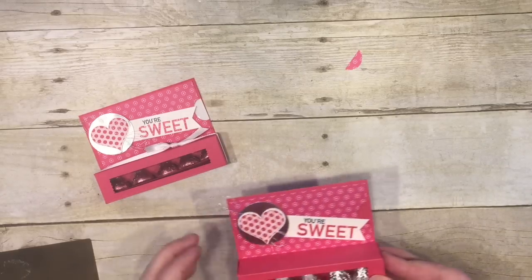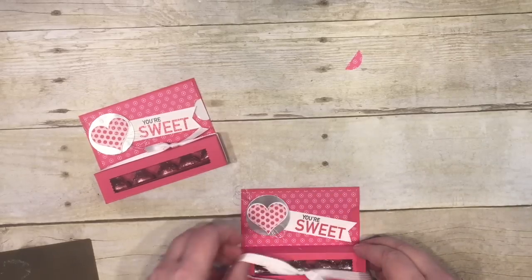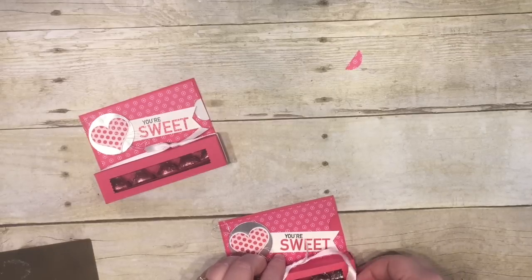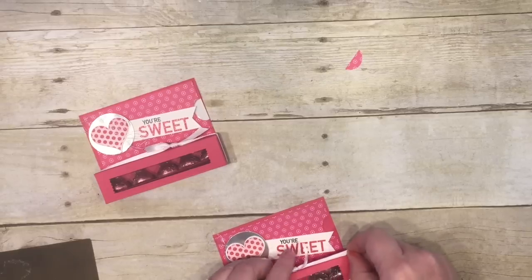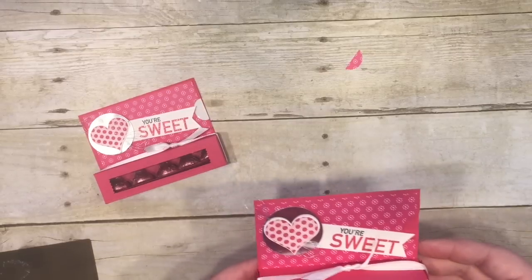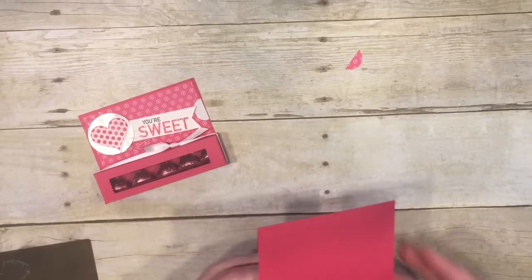I'm just going to shut the box up. And what I've done is I've actually gone ahead and pre-tied a bow to save a little time here. So you guys didn't have to watch me do that on television. Well, I thought it would be easier. There we go. So then I'm not gluing the end of that box shut. There we go. Slip our gift card in there,